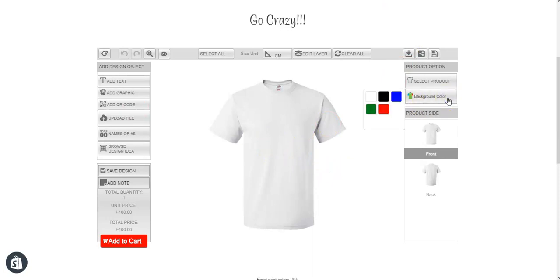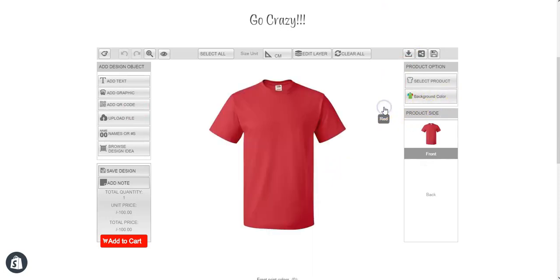So now if you want to change the color, for example the red color, you see the product color has been changed. Also you can see the price, but the base price of the product was $100.